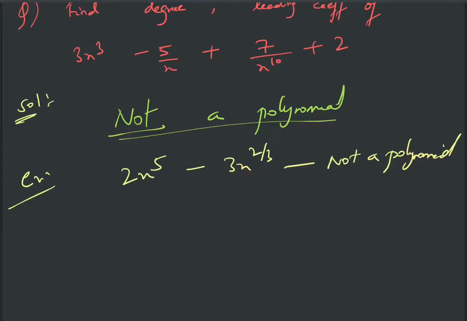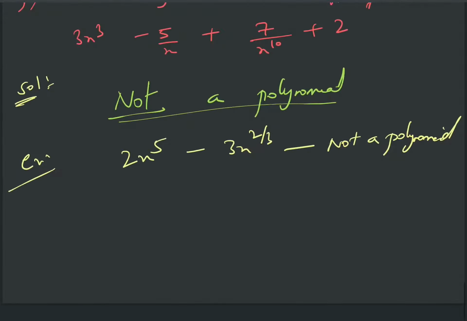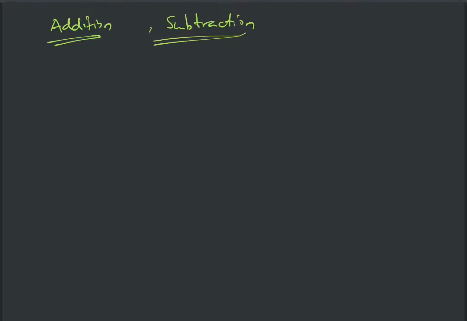We have also studied the classification of polynomials. So now let us study some operations on polynomials. As we have studied operations of numbers, we have added numbers, we have subtracted, we know how to multiply two natural numbers, we know how to divide natural numbers. Let us study these things for polynomials also. The addition and subtraction of polynomials are basically the same, and there is not much difference in addition and subtraction of polynomials.